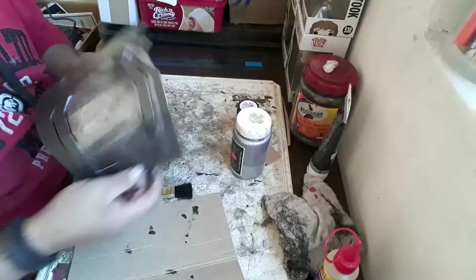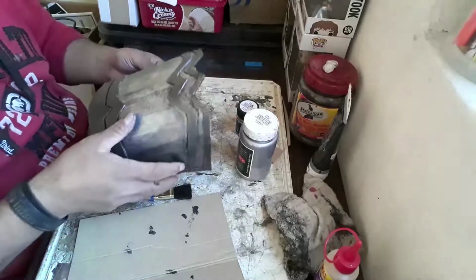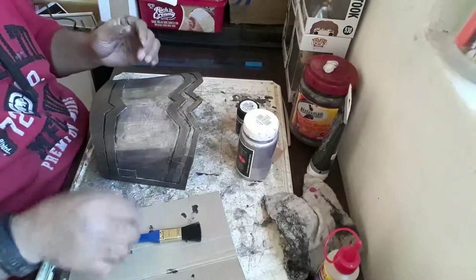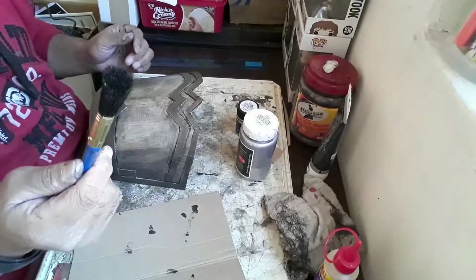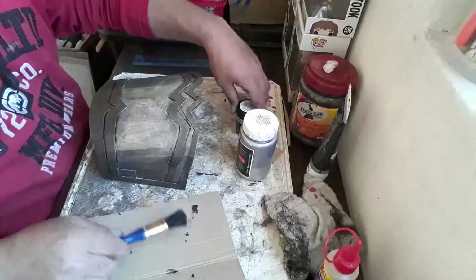As you can see, it's the bracelet. It looks good. It's looking awesome. Really good. Now, I'm going to show you a technique called dry brushing. Dry brushing is essentially taking a brush like this, a normal chip brush, like a regular cheap paint brush. And what you'll do is take a bit of paint,